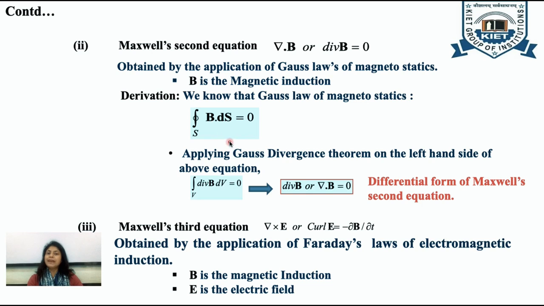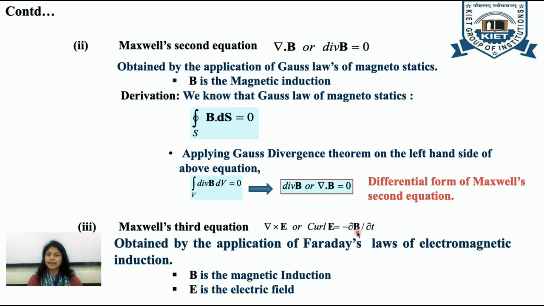Applying the Gauss divergence theorem on the LHS of the above equation, the surface integration is converted into volume integration. Then volume integration of divergence B dV is equal to 0. dV can't be 0, therefore divergence B, or del dot B, is equal to 0, which is the differential form of Maxwell's second equation. Now Maxwell's third equation, which is